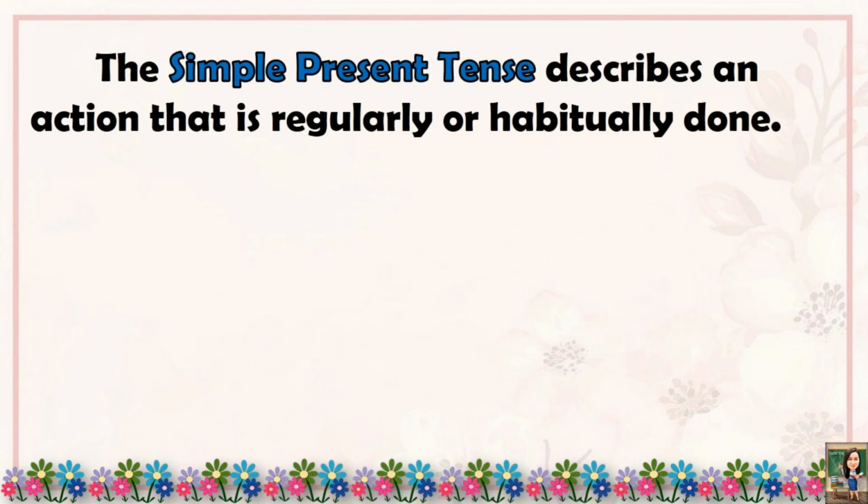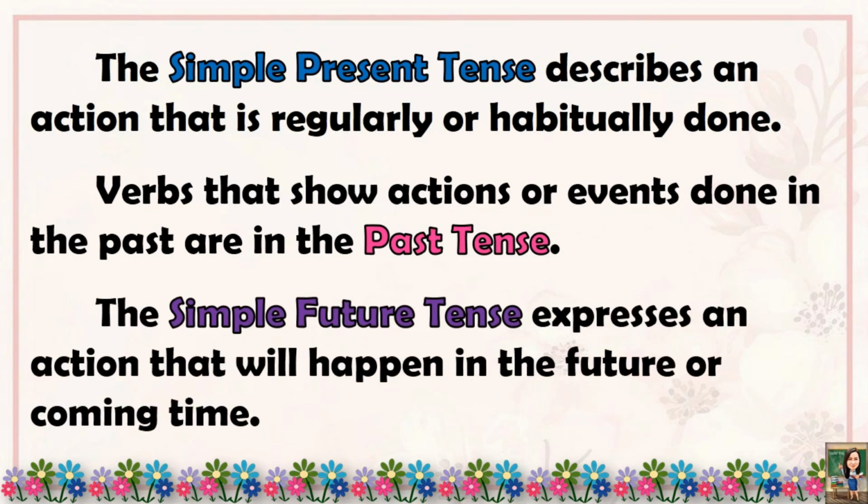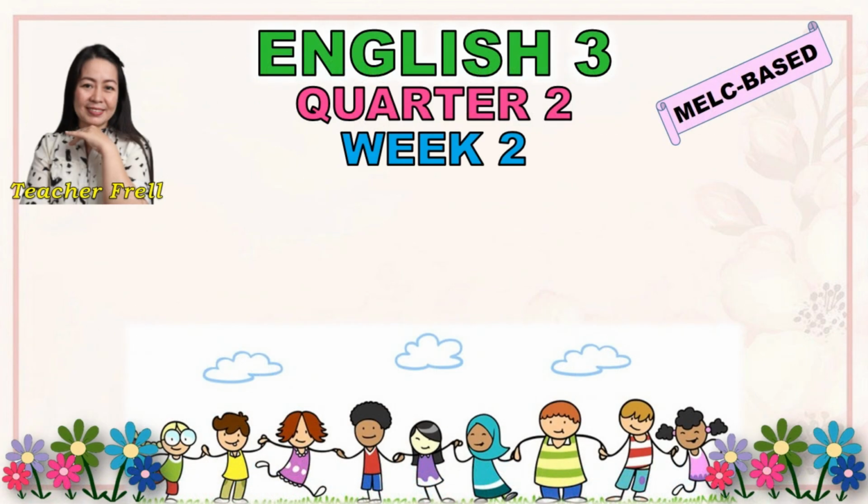The simple present tense describes an action that is regularly or habitually done. Verbs that show actions or events done in the past are in the past tense. The simple future tense expresses an action that will happen in the future or coming time. So kids, did you understand our topic for today? Very good! So again, we talk about